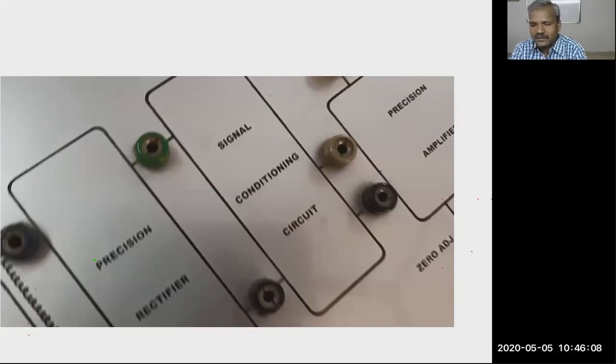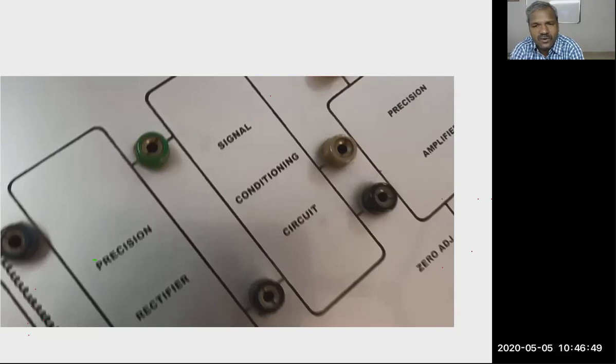The main difference between the precision rectifier and the normal diode rectifier is this: the diode will respond only after 0.7 volt. What is 0.7 volt? It is the threshold voltage of the PN junction diode. So if we use a diode rectifier for rectification here, we may not get the output very accurately because the variation of inductance is very small. To convert into DC, we cannot use an ordinary full bridge rectifier or any other rectifier. That's why the precision rectifier is used in this signal conditioning circuit.